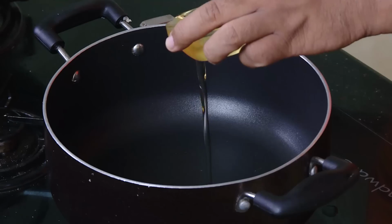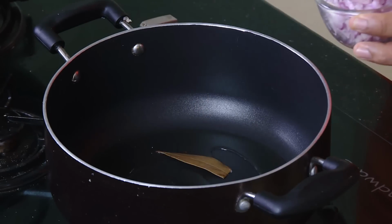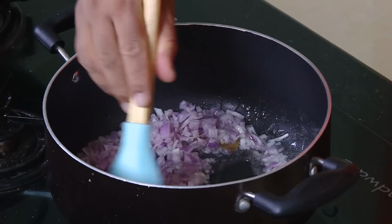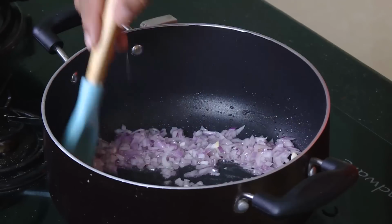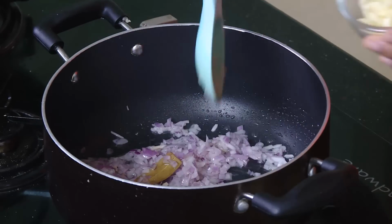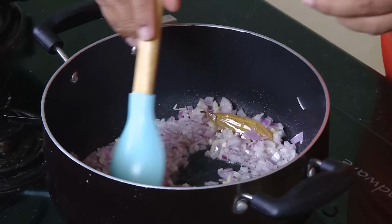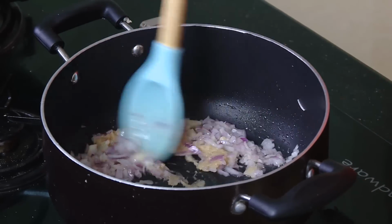With the fried chicken, we are going to make some nice Mexican influence kind of beans and tomato rice. So for this we are going to add some oil in a pan, add a bay leaf, some chopped onion, and saute these onions. You don't have to brown the onions or anything, just saute a little bit. In this add chopped garlic, and I am going to add some ginger paste. These are all optional. I am Indianizing the